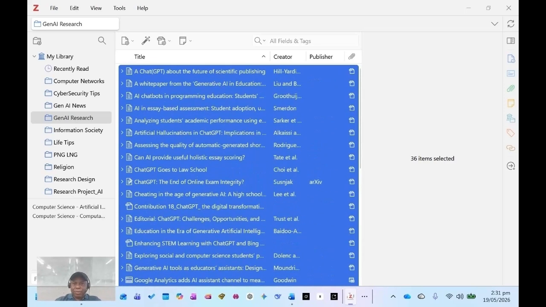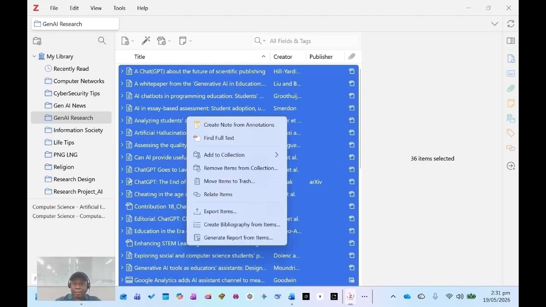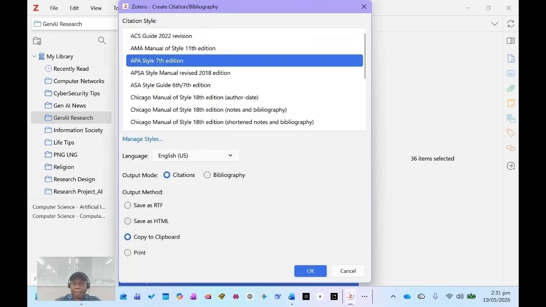So I want all these articles to be included in my bibliography, including the ones that I'm citing in my paragraphs, and the others that are relevant but I did not cite them. So I need to include all of them in the bibliography. Okay, after selecting all the articles, then I'll right-click on the selection, then look for create bibliography from items. So I'm going to click on that to select, and then it will give the options for you to select